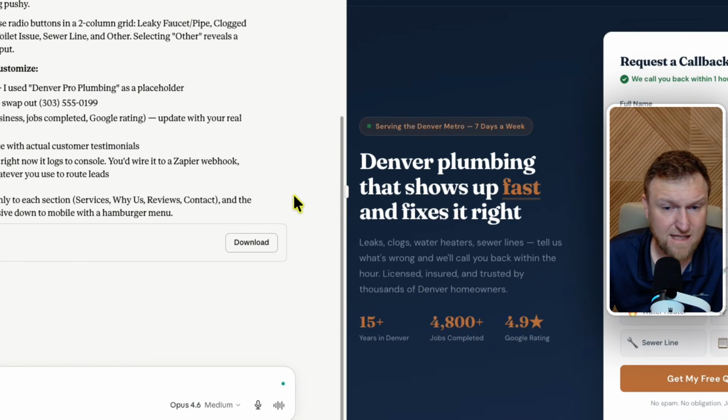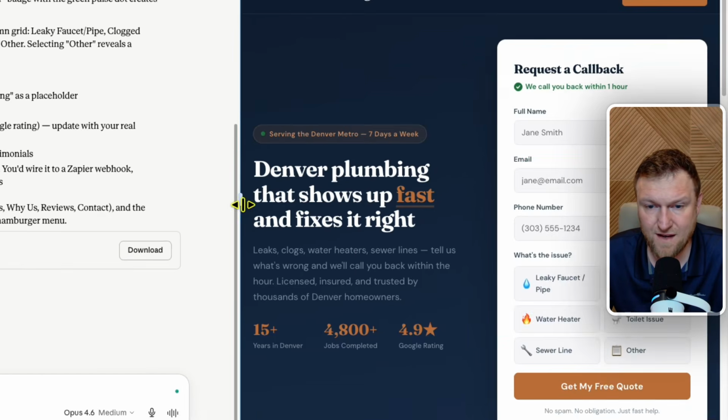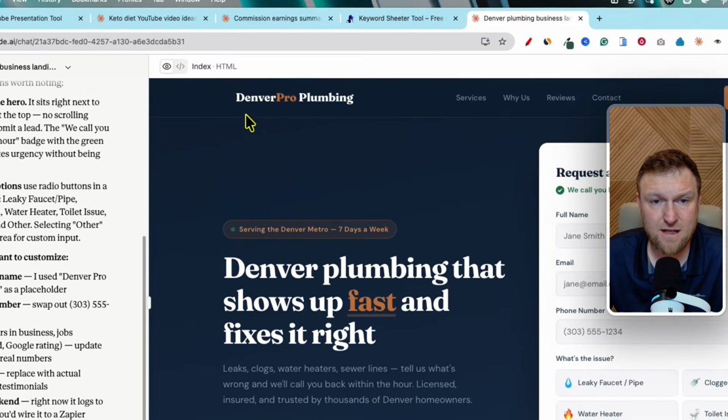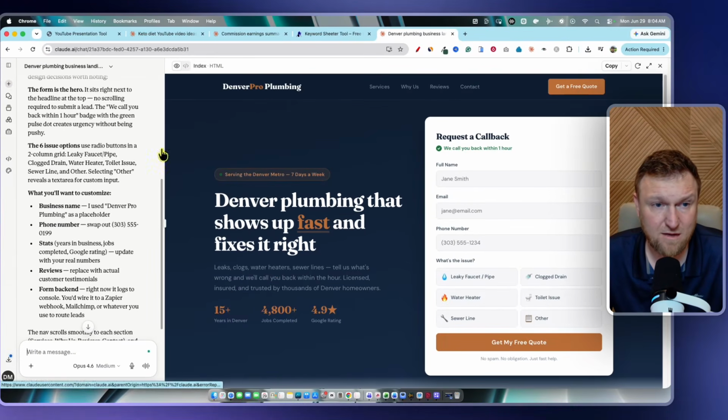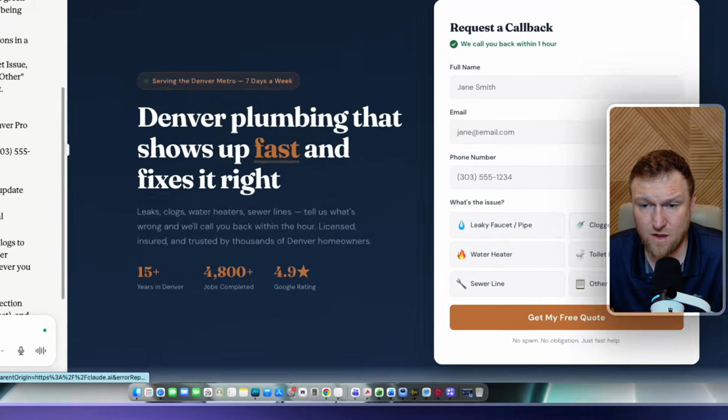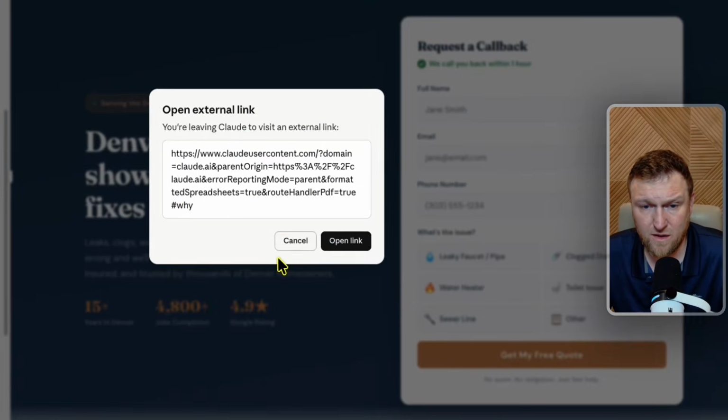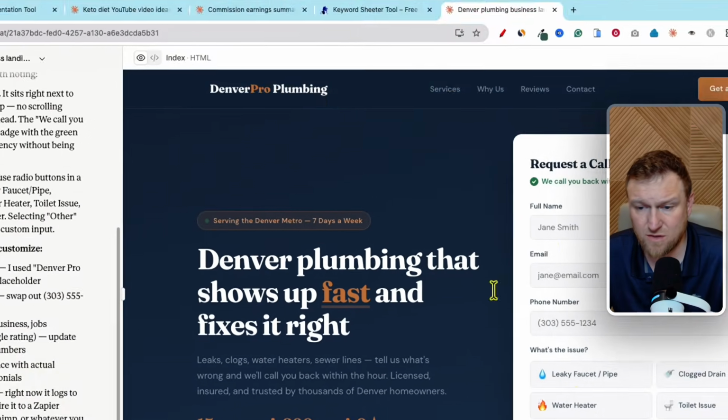And so it built this out for us. And this right here, this is an artifact, right? We click on this. This is the artifact that was created. And you can see Denver Pro Plumbing. We didn't tell it what the company's name is, so it just went with that, right? We can come in here and say, change the name to David's Plumbing. It will change this to David's Plumbing. So we have our services, why us, reviews, contact. We've got a free quote right here. We would actually need to publish this site right over here, but